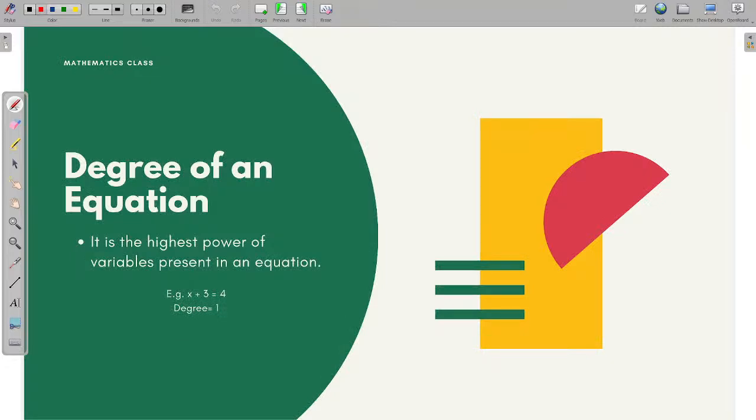degree of an equation. Do you know what the degree of an equation is? It is the highest power of variables present in an equation. Let's say x plus 3 equals 4 is an equation. In this equation, what is the maximum power of the variable? It is 1. Correct? Now, what if I take another equation, which is x square